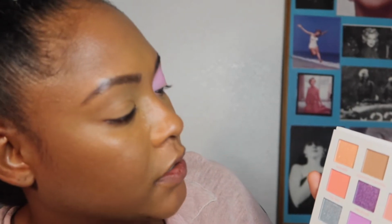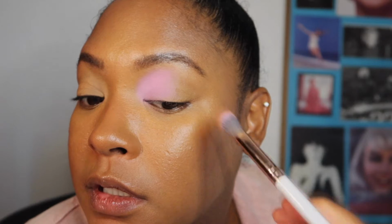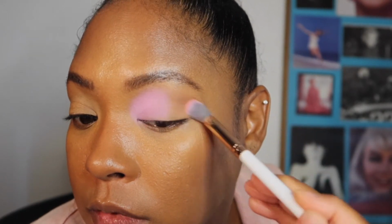I'm going to use the same brush, and I'm going to clean off the brush with my Sigma Color Switch. You see I kind of went halfway through, and I'm going to go into Runyon Canyon, which is this brown type shade, and just coat my brush in that. And then I'm going to just place this on the outside corner. So, okay,